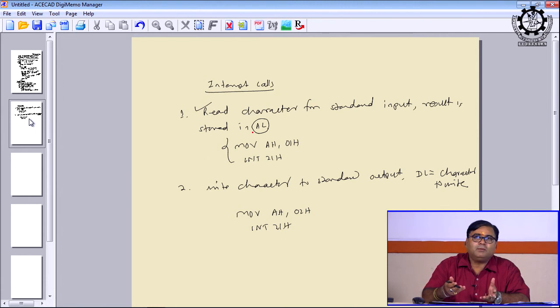Available in AL means available in the microprocessor. Okay. So, interrupt 21H, but this time you can see that in the previous example you used to move 09 for displaying, but now we are moving 01 to AH for inputting a single character. If you want to input a number of characters, just write these two instructions in a loop.